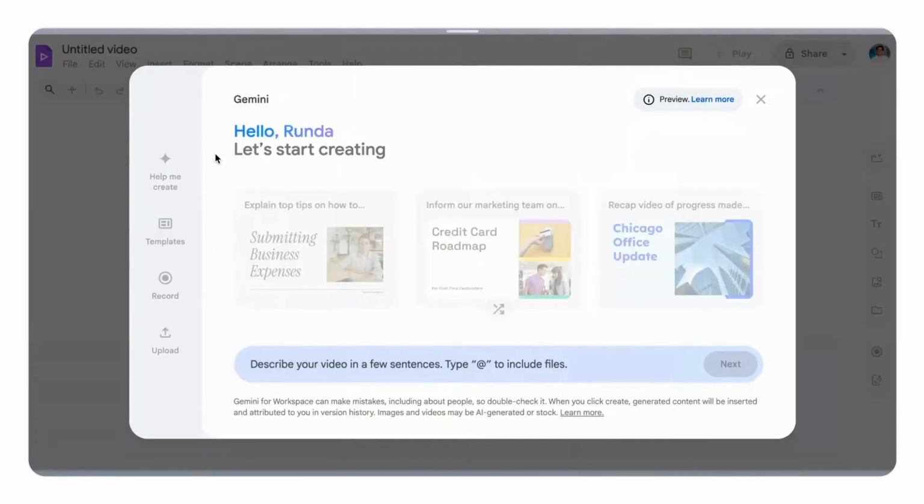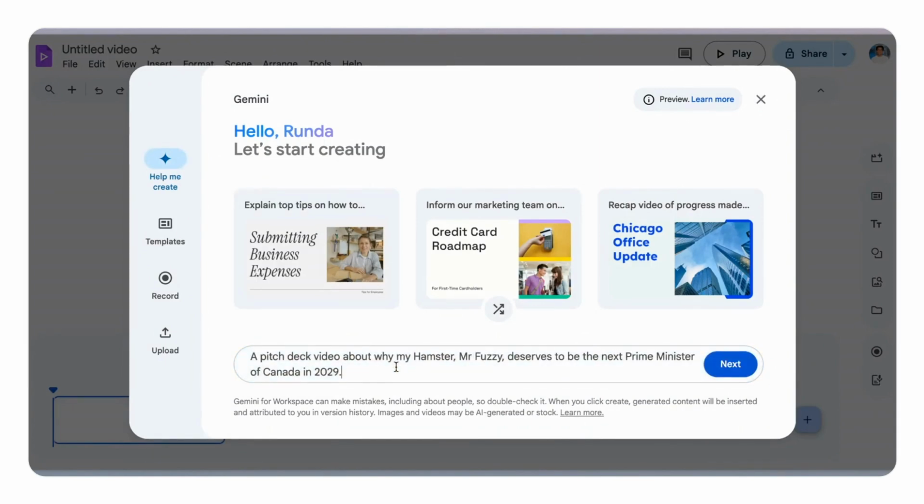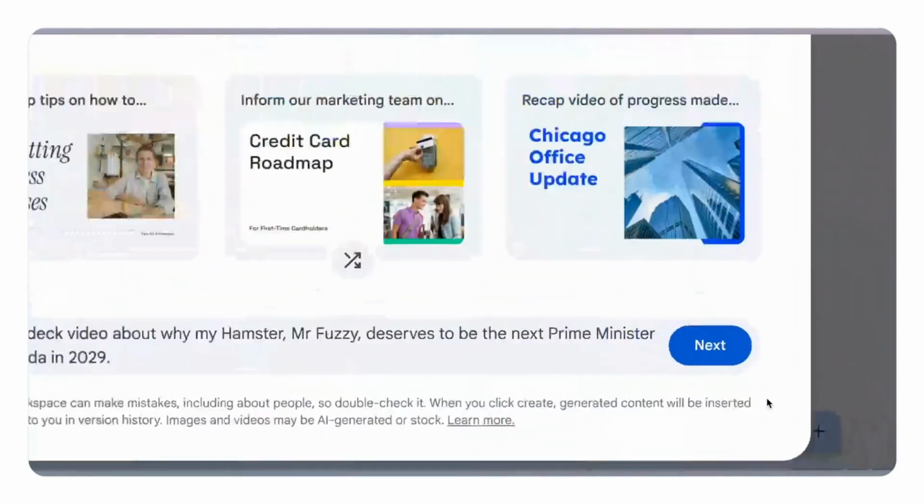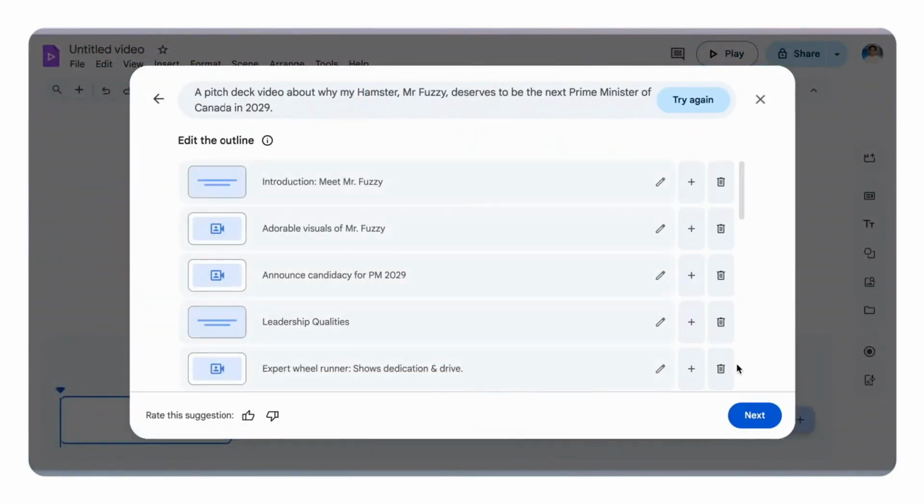I told Gemini what my video was about. In this case, it's about why my hamster deserves to be Prime Minister of Canada in 2029. If I just stopped here and hit next, it will immediately start to generate a script and break it down